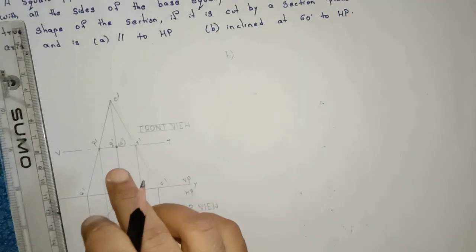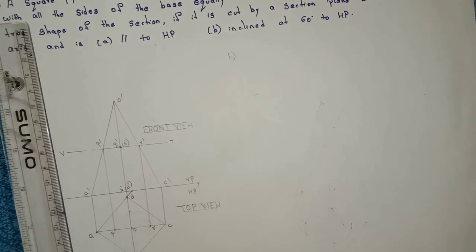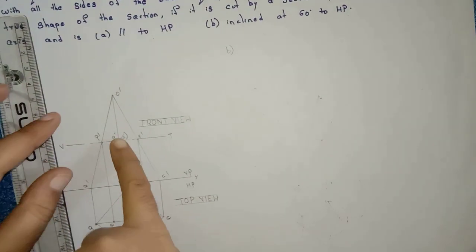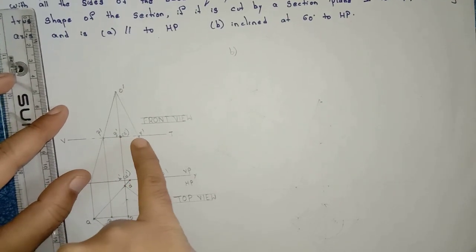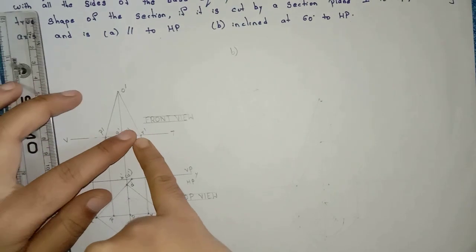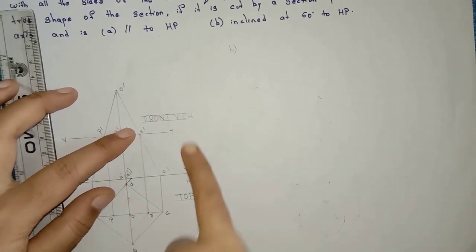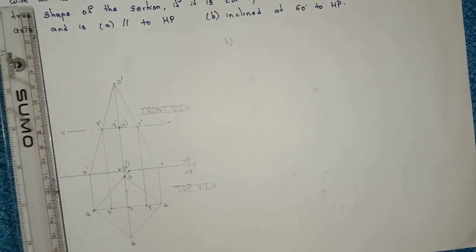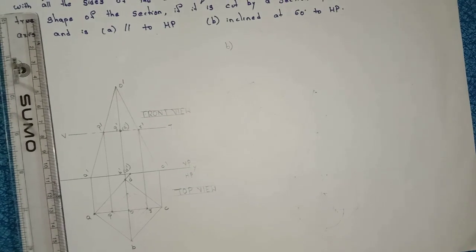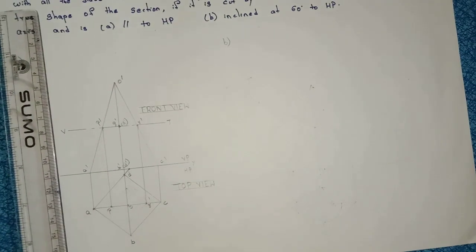Actually, whenever a point is on the midpoint line, from that point you should draw a straight line till the slant edge. Now from that point you should draw a straight line till this OC. Mark that point as 1. Whatever line you are marking, name that point as 1.